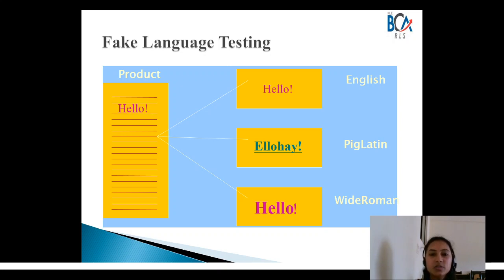It ensures that switching between the languages works properly and that correct messages are picked from the proper directories that have translated messages. Fake language testing helps in identifying issues proactively before the product is localized. So before you localize the product, you need to have this testing.